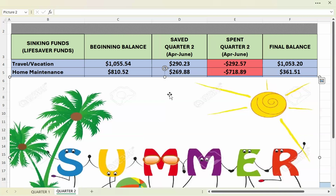$718.89. So if you know, I have been talking about doing some home repairs, home projects. And so I have spent over $1,000. However, some of that money came from my normal monthly budget. And then some of that money was, of course, pulled from this sinking fund. So I have a remaining balance of